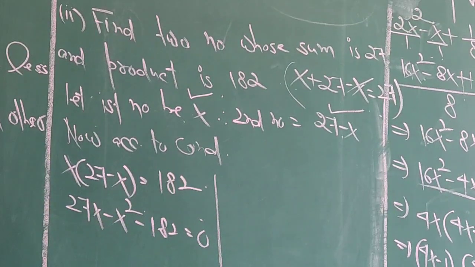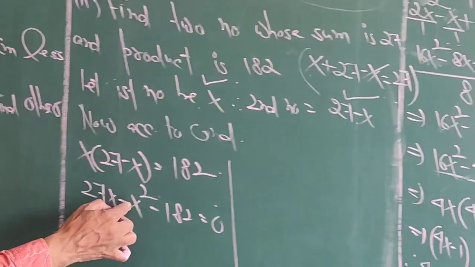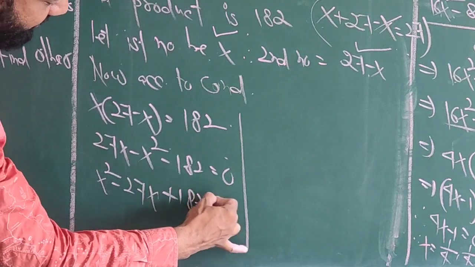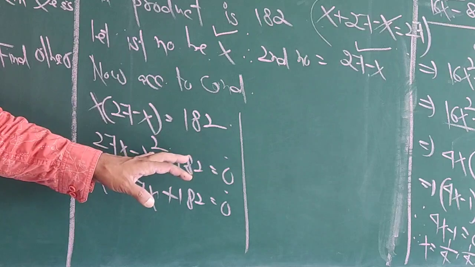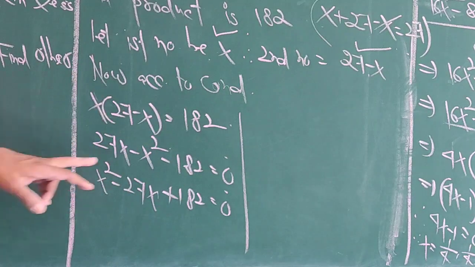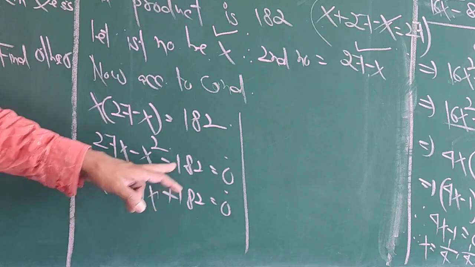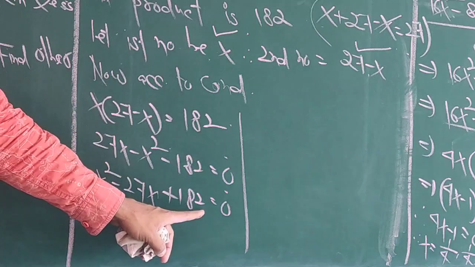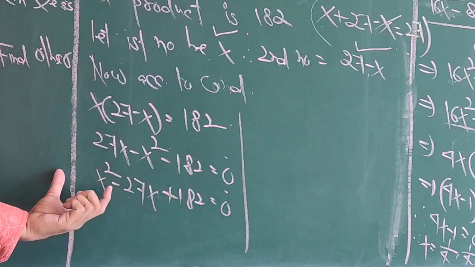Now we take common minus, or divide the whole equation by minus 1. So this is positive and this is negative and this is positive. When we multiply or divide an equation by minus 1, all the signs are changed. So this is minus and this is positive, minus and this is negative and also positive. Now it will also be changed in the quadratic equation.